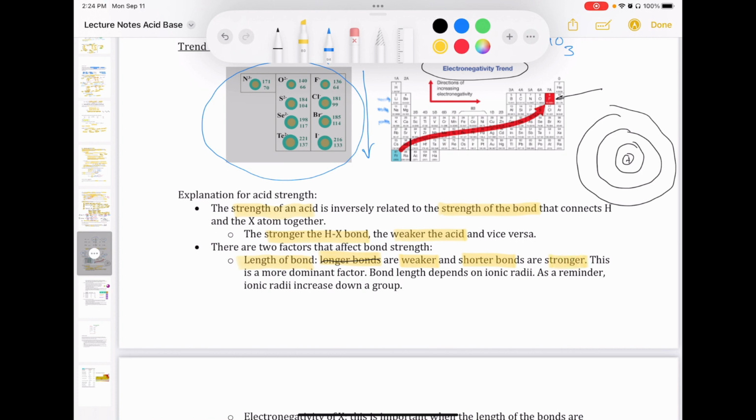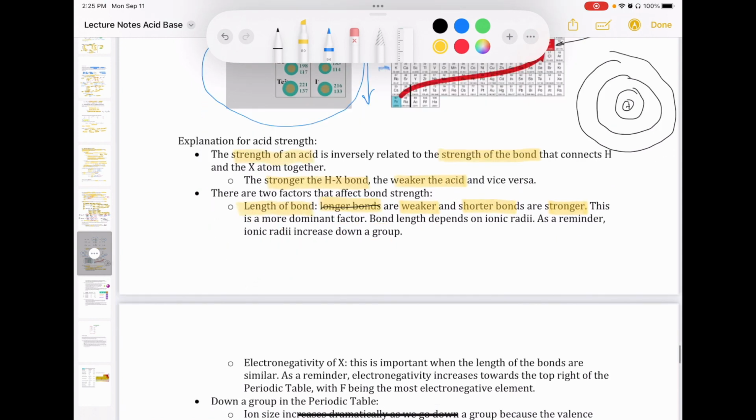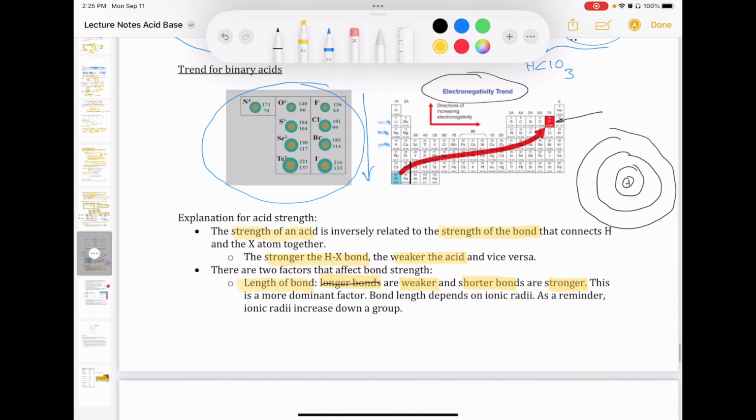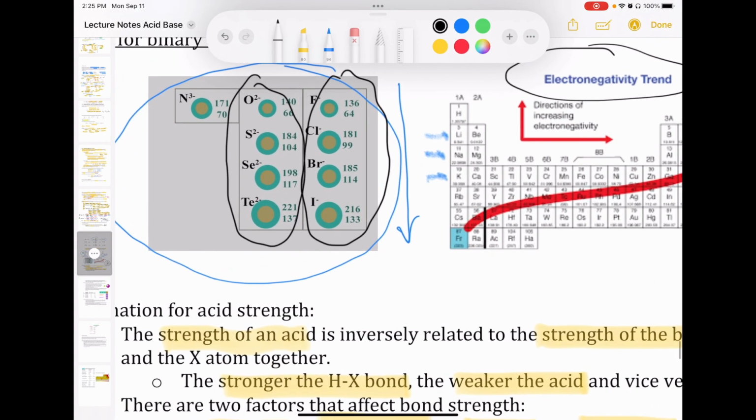That's just because the electrostatic interaction between the nucleus and the electron in shorter bonds is stronger, and in longer bonds is weaker. This is going to be an important factor when it plays a role. So it doesn't always play a role, and it plays a role when you have these big changes in bond length. And that happens when you're going down a group like this, okay? So when you go down a group, you can see that the size changes by quite a bit. You might be able to see some of these numbers here, but for example, just look at the top number